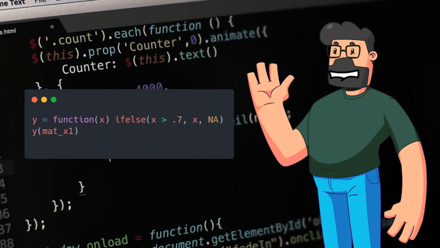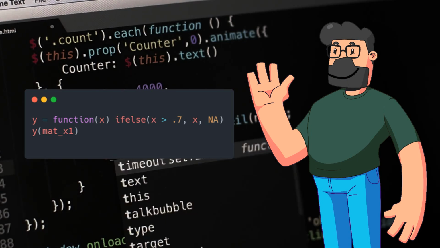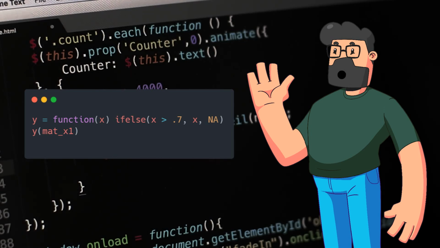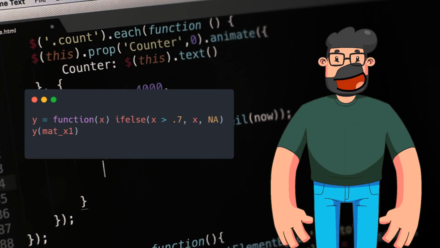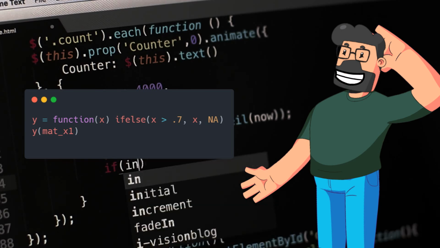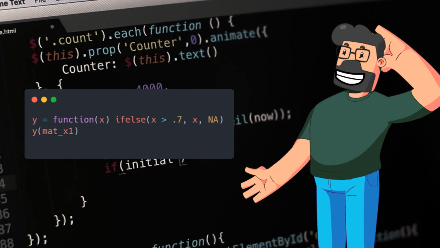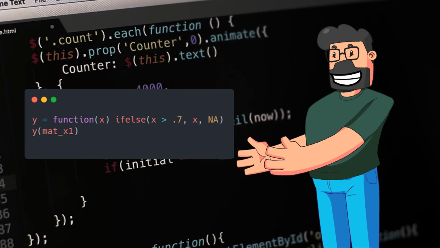Building on that, a more versatile solution can be achieved by modifying the function to be more vectorized and handle multiple values at once. By adjusting the function to use ifelse instead of if, we can create a versatile function that can handle matrix operations efficiently. Applying this updated function, y_x1, to the matrix allows us to selectively retain values above 0.7 while converting others to